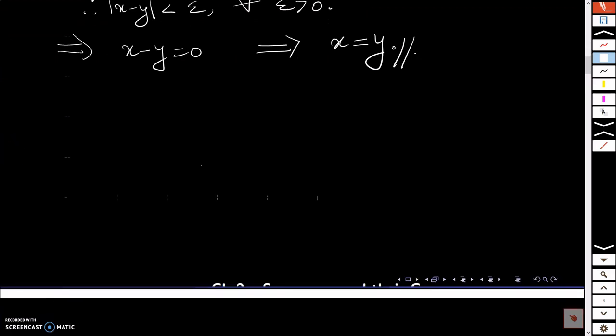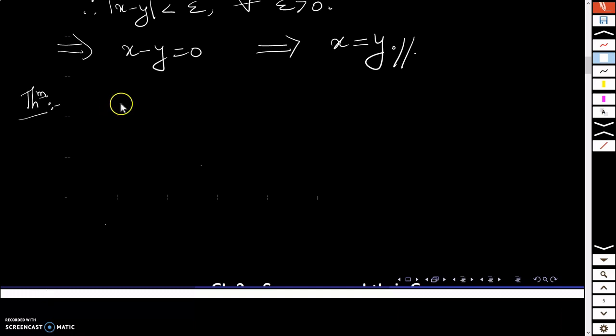Now moving on to the next property, the second one. Supposing I have a sequence xn which converges to a point x. So in this chapter, as I mentioned earlier, we are only talking about sequences whose terms are real numbers. So we are talking about only real sequences, right? So supposing I have a sequence xn which converges to a real number x, and that point x is also a real number.